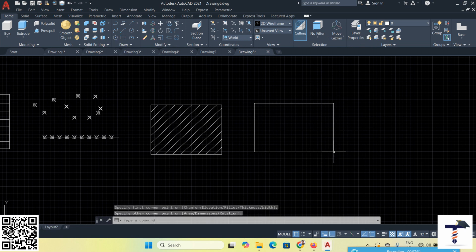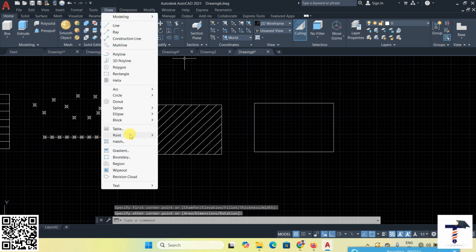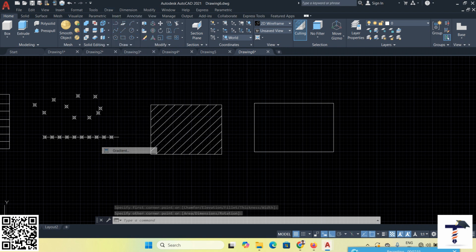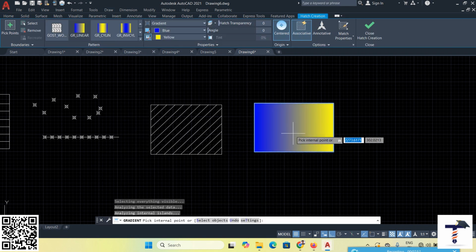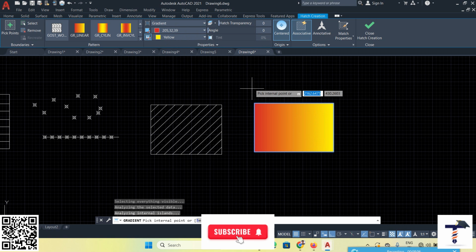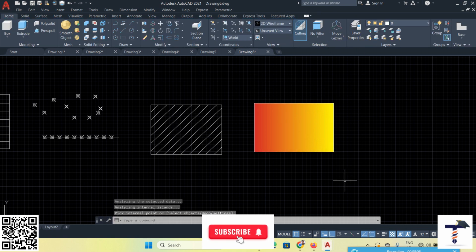Next, create one rectangle, draw here gradient, just click here. So that is the gradient. Next, blue, suppose you can change dimension line from here, color from here. Okay, so that is the